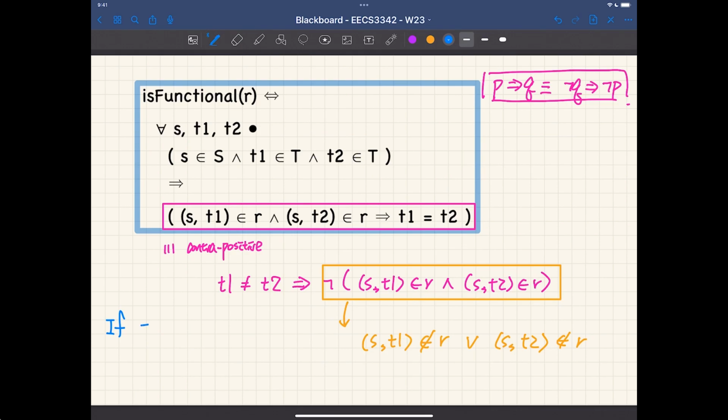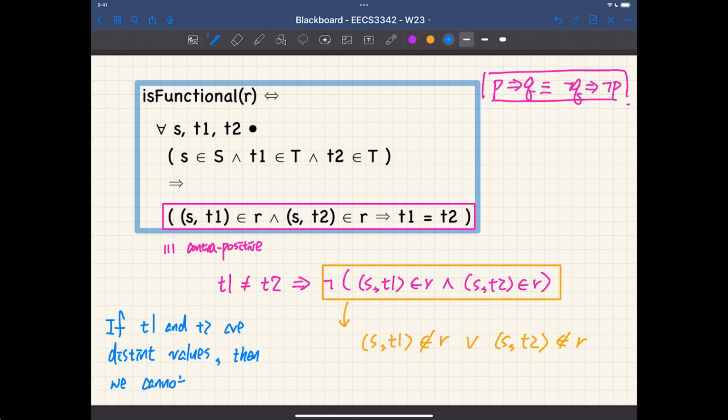If T1 and T2 are distinct range values, then